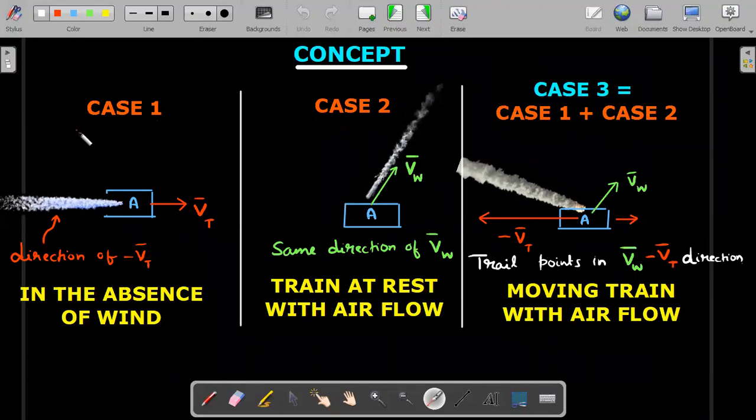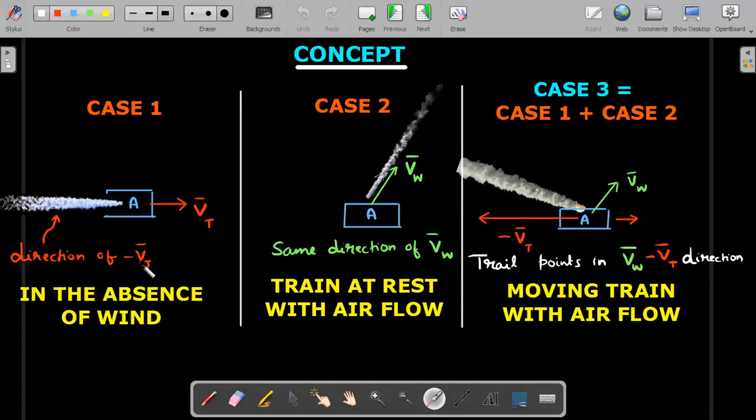So you could see in case 1, I'm assuming that wind is absent, right? Wind is absent, and there is a train. All of these are pictures drawn from the top. You are watching from the top. Okay, so on the top view, let's assume train A is moving towards right with a VT bar velocity, there is no wind at all, then you could see the smoke trail actually is along the same line of motion but in the backward direction of that. So can I argue that the direction vector of the smoke trail as this train moves would be in the